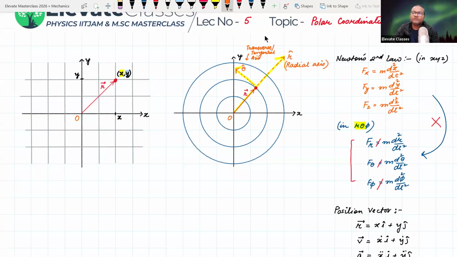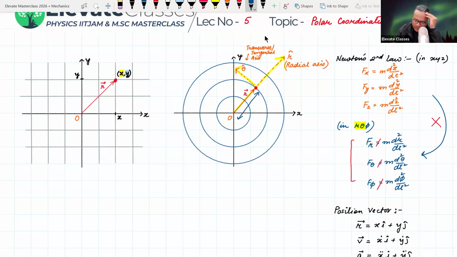Okay, and how do we define this transverse or tangential axis? We define it as the axis which is perpendicular to the radial axis. But what is the component of the position vector associated with these axes? The component of the position vector associated with the radial axis is very simple. It is the length of the position vector. That's it. If you calculate the length of this position vector, which goes from basically